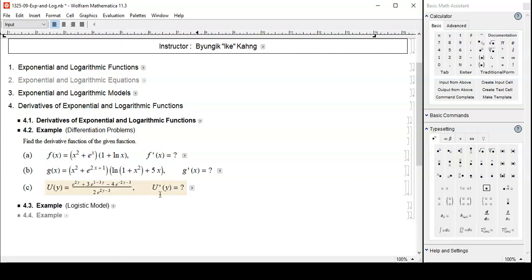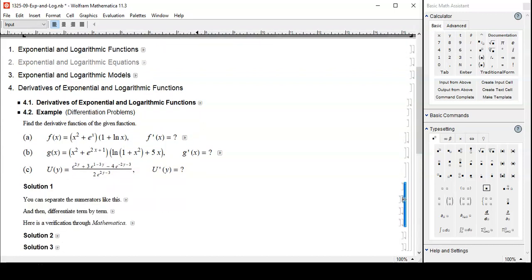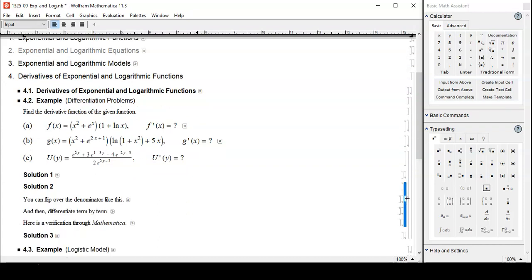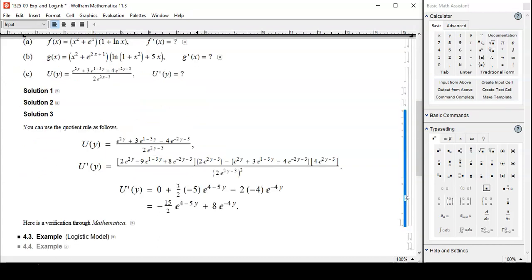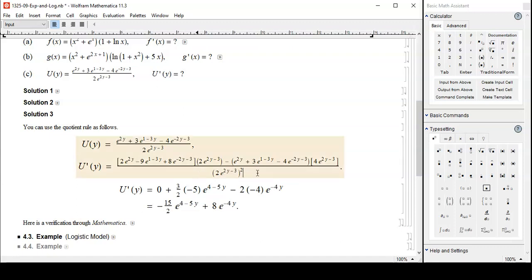How about this one? This one looks like a quotient rule problem. You can stop the playback and go ahead. So denominator squared, and then I need u prime v minus u v prime, and then this v and u, they are just copy and pasting, and here I need the derivative of the numerator, here I need the derivative of the denominator,